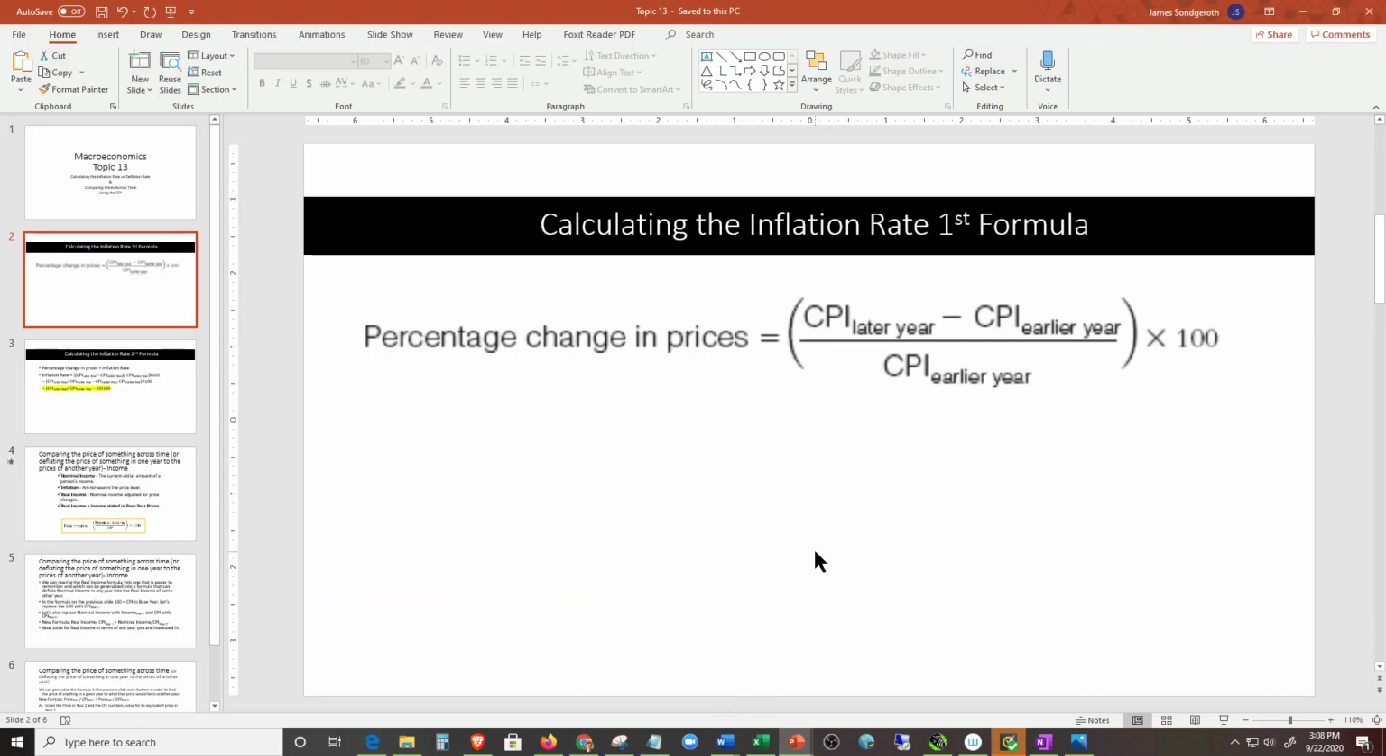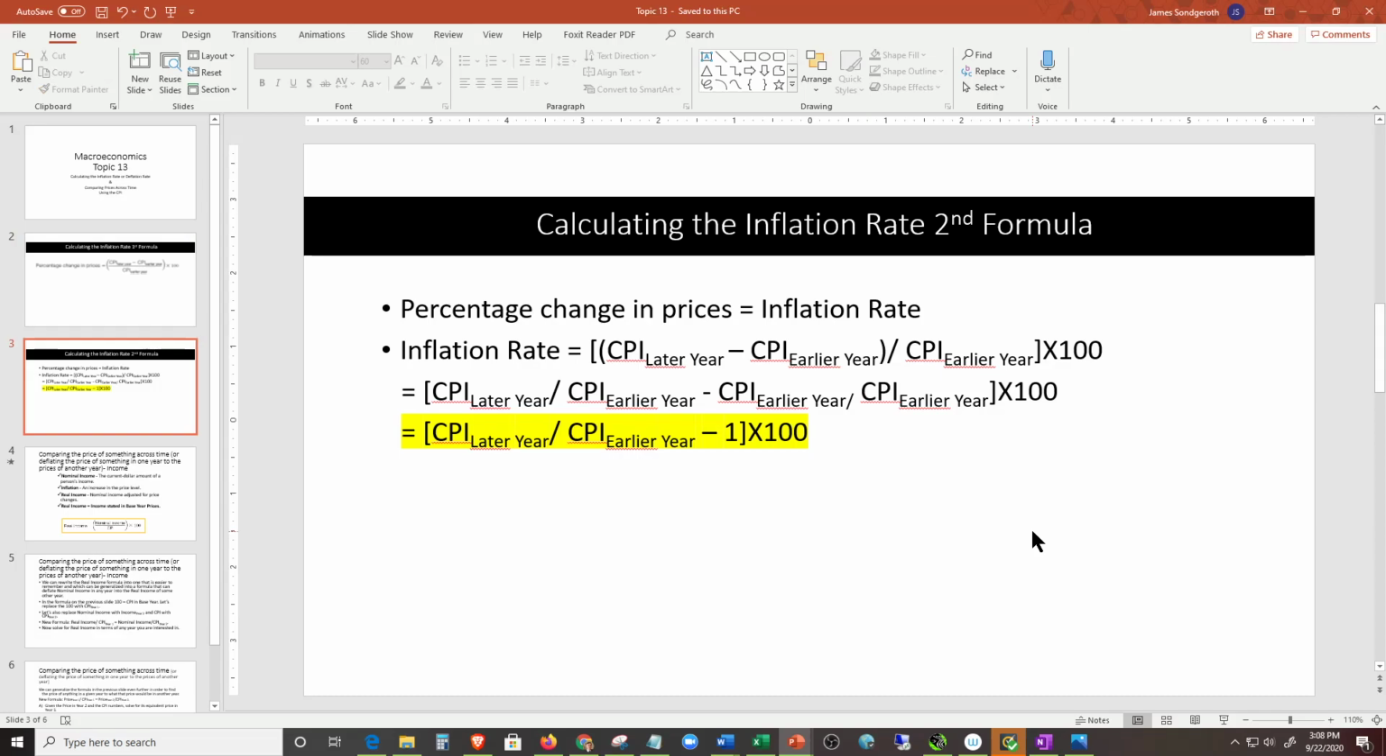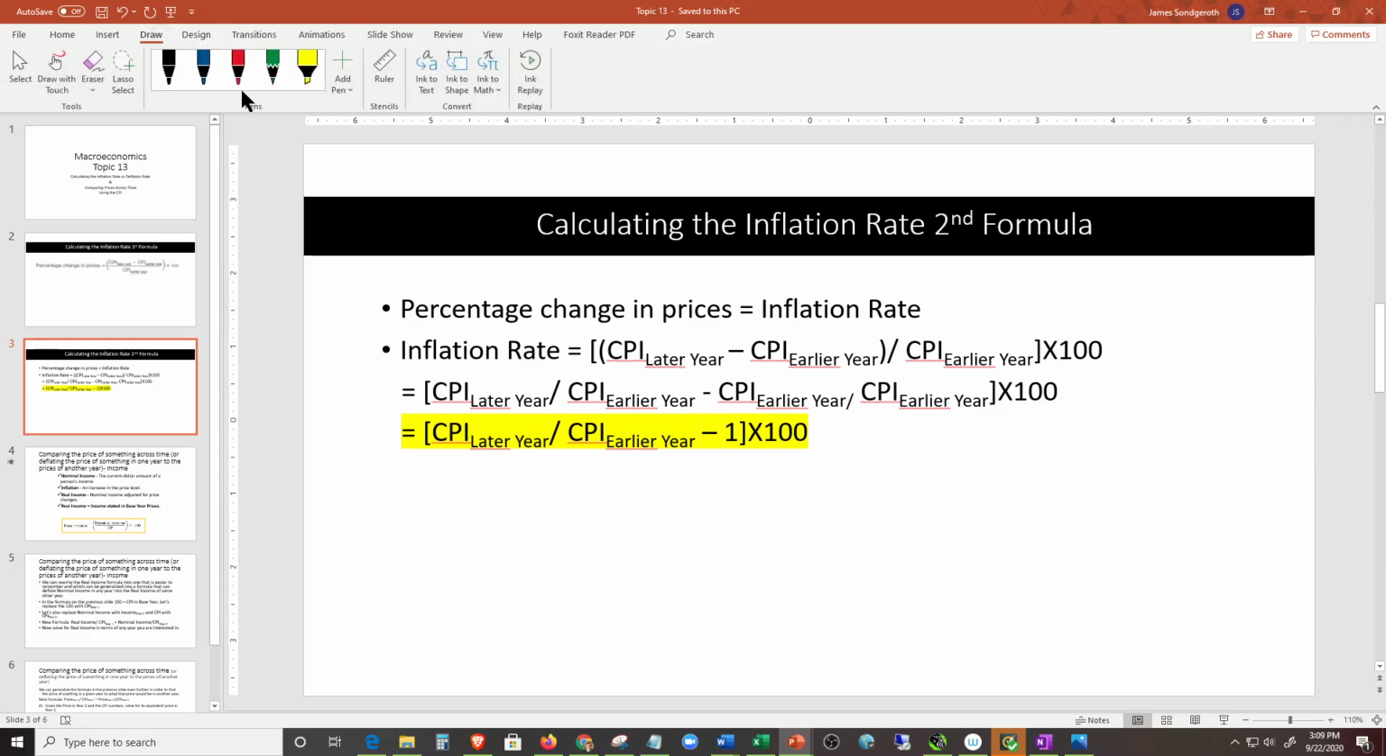And I've modified it a little bit in the second slide, and maybe I can write some notes here because typing it seems not so clear as writing it. So I'm going to, if I go to draw, I'm going to take this red. I'm not going to spell out later year and earlier year. I'm just going to use the letters to initialize it. So the formula for the inflation rate